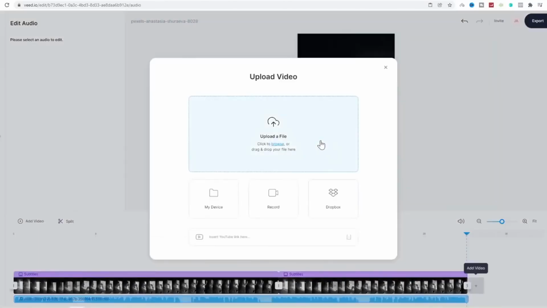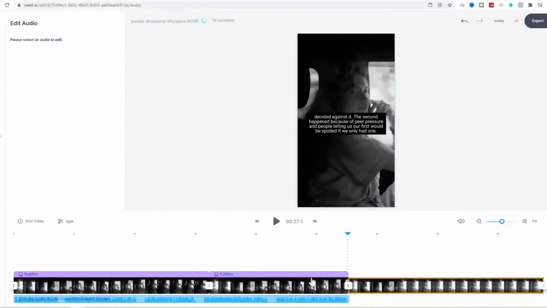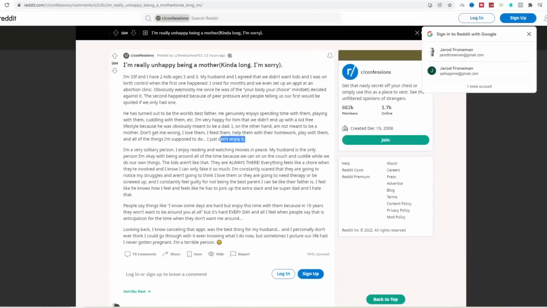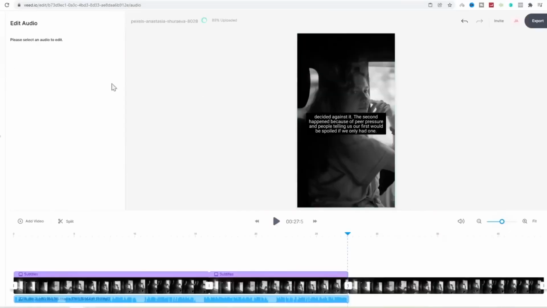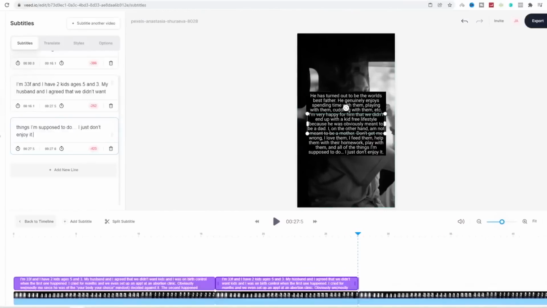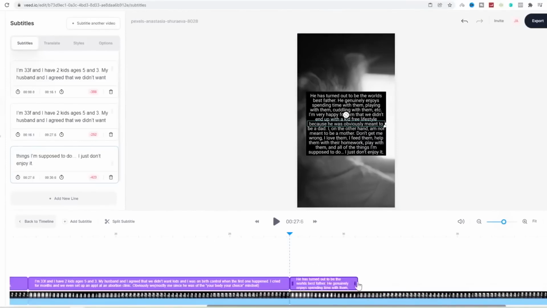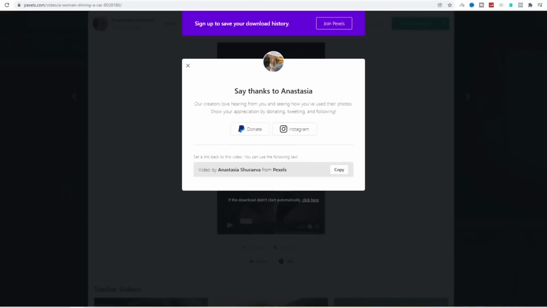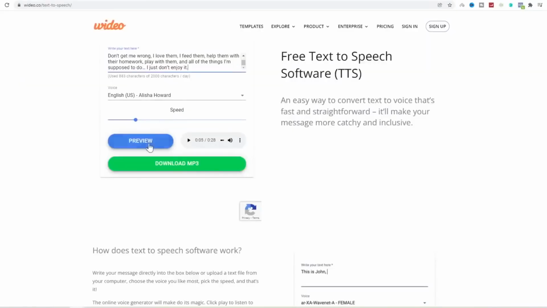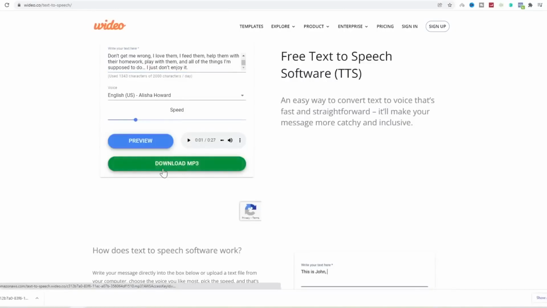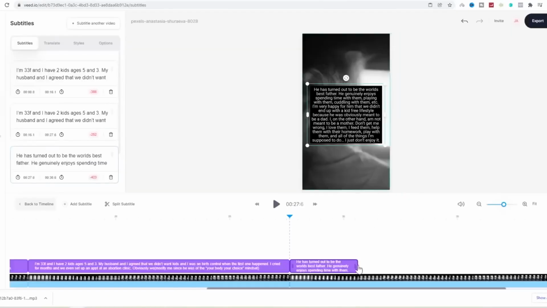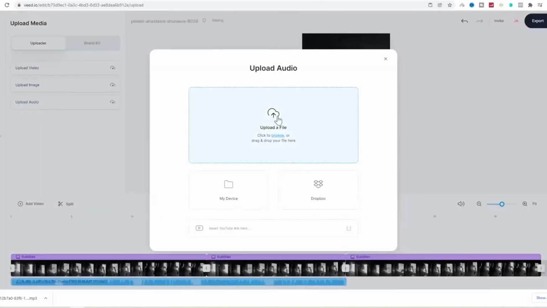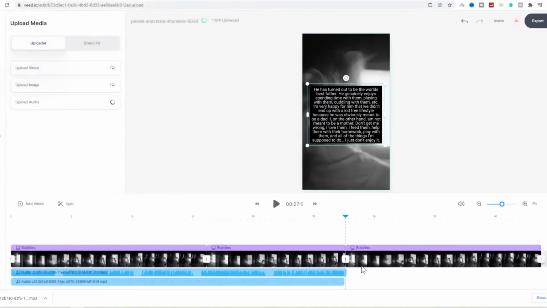We can then click on plus over here and upload that same video. Now all we want to do is copy paragraph number 2, come back to veed.io, click on subtitles, and paste it under the third one. Then we drag this and paste this over here. Then we copy the same paragraph again, right click, copy, come back to the text to speech tool, repaste this, click on preview, and then click on download as MP3. Come back to veed.io, stretch these captions out, and upload the second audio file. Click on upload file and upload that second audio file.